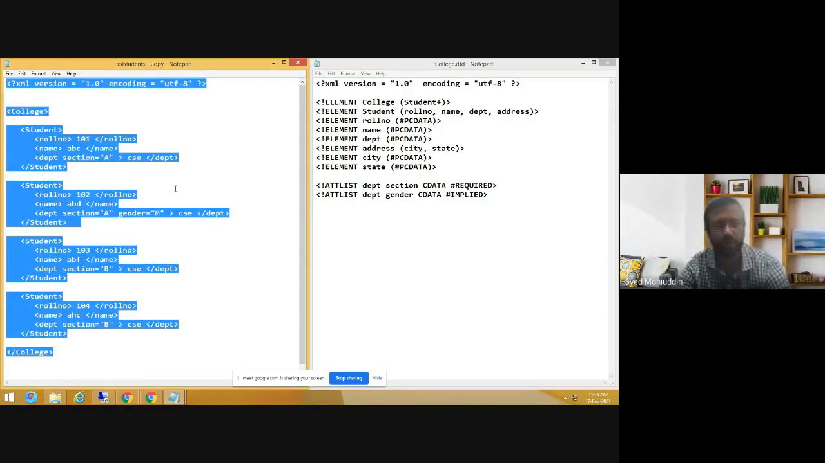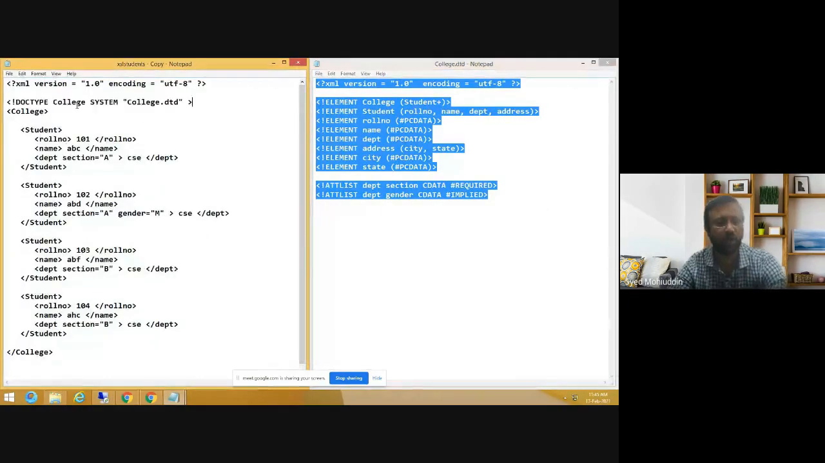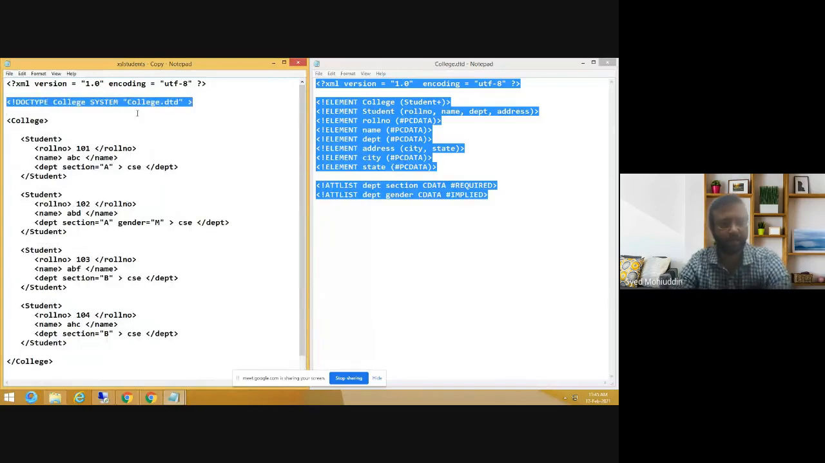So for this XML file to know that it has to use this DTD, we have to use DOCTYPE as the tag. Now this tag, if you see, starts with an exclamation mark. It's not an XML tag. It's not actually a comment, but we are trying to specify that this is a document type which uses college, because college is the name we are having as the root tag,